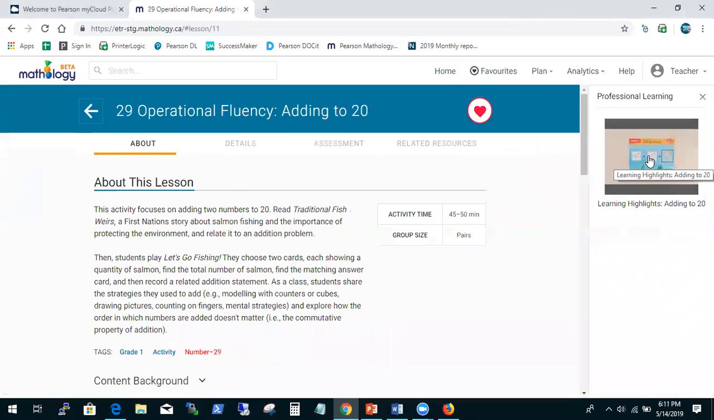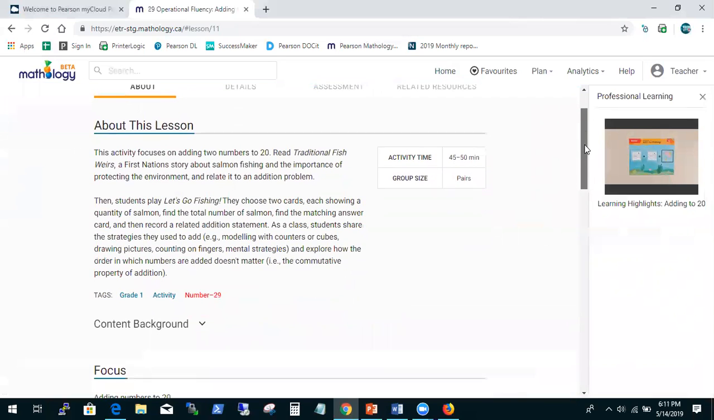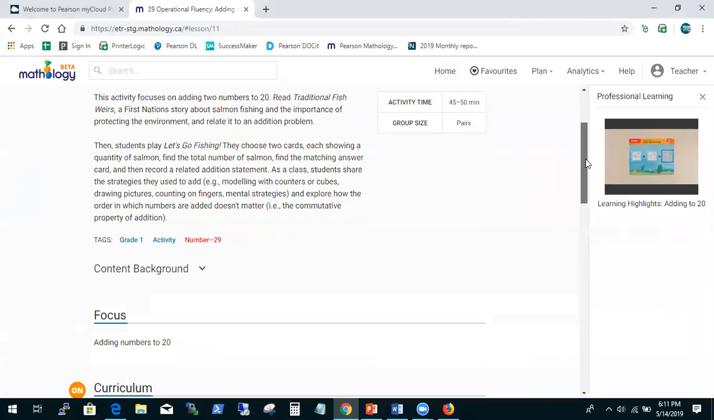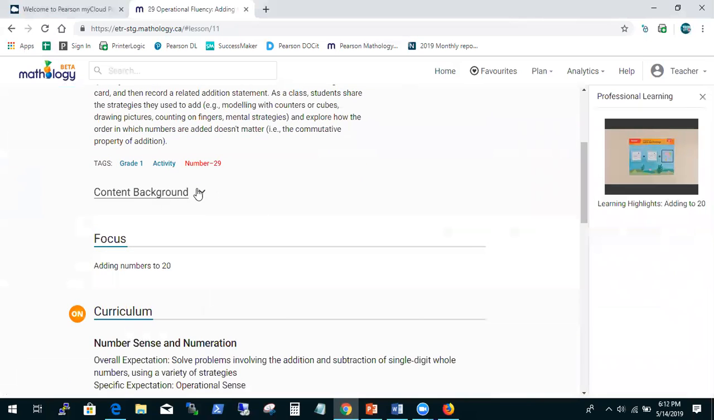And the activities are basically structured in the same way. So they have 4 tabs at the top: about, details, assessment, and related resources. So this is the about section, which gives you some information about what the activity is, a little bit of content background,